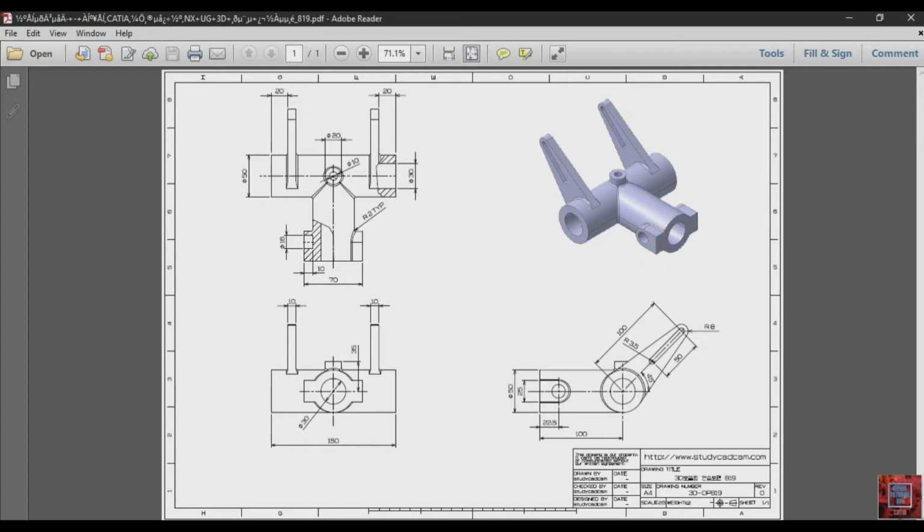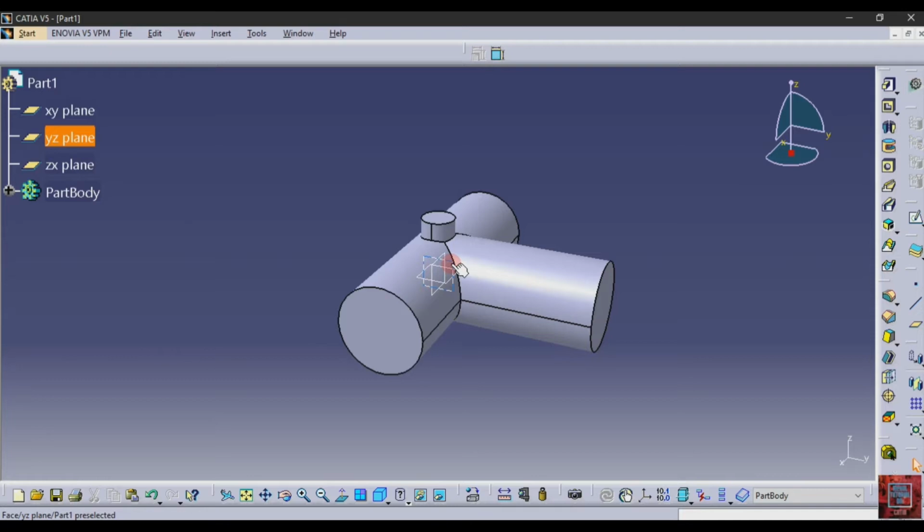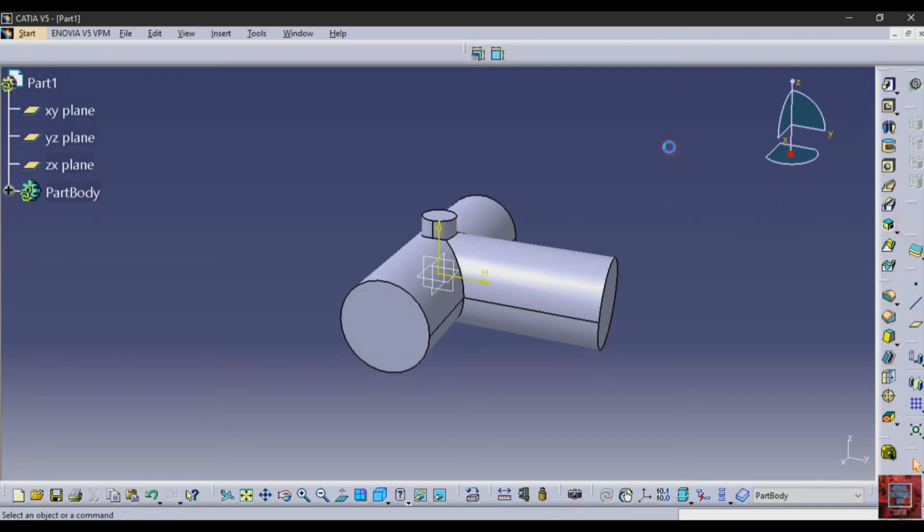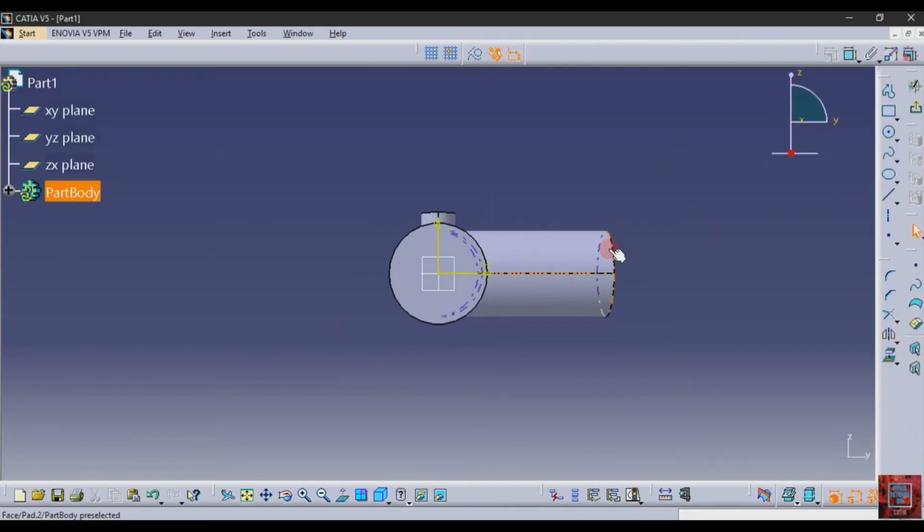After that, in the fourth step we have to make this. For that select the YZ plane, then sketch, and after that select this edge and project it, and then select a line and make a line. After that mirror this line.